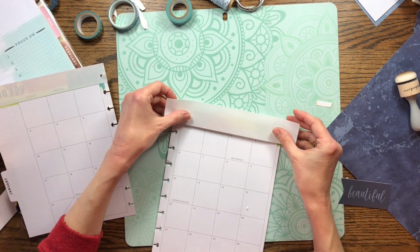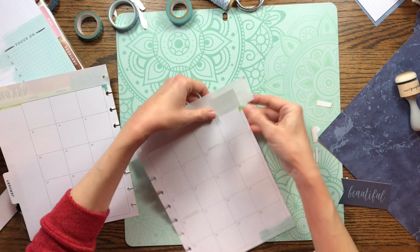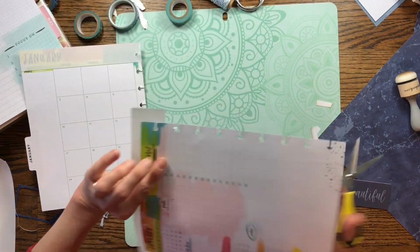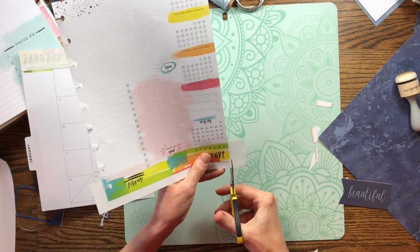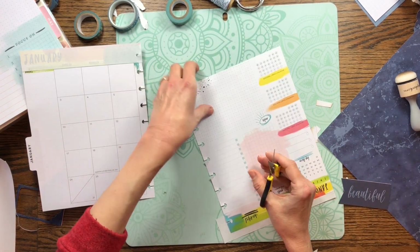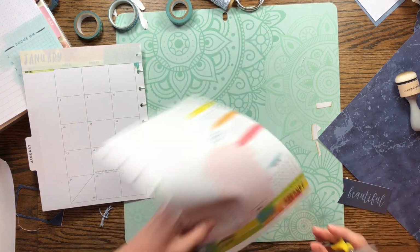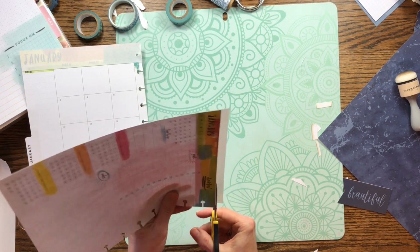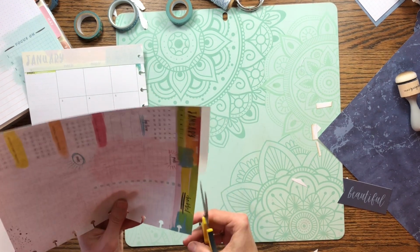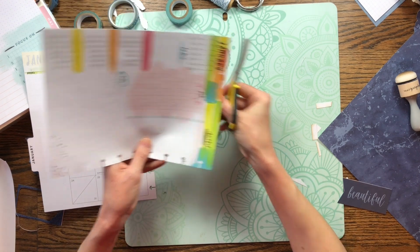So then I'm just going to line this up again, and there's just going to be a little bit of color sticking out because I'm lining it up with the top of the calendar, but that's okay. A little bit of that color is not going to hurt anything. All right, where did I lay the scissors? Oh, here they are. So now I'm just going to trim the extra off. So I got that trimmed off,